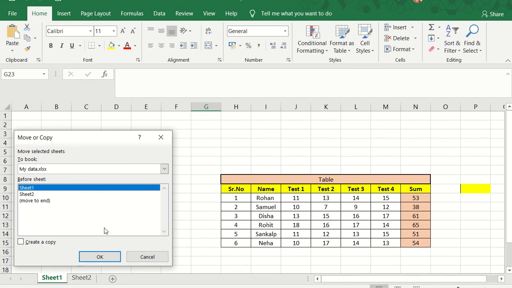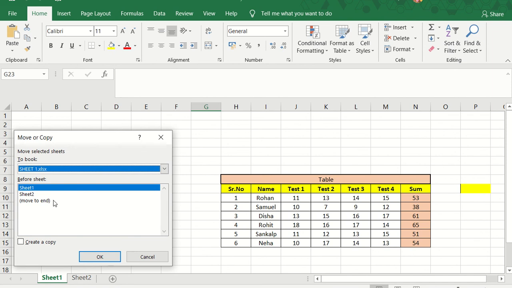Please understand, this operation we have to perform on the sheet which we are planning to move into the other, not on the first sheet. Because if you perform this action on the first sheet, the first sheet would be copied to the second one, not the second into the first. So please ensure you perform this action on the sheet which you intend to move. As I'm saying, this is the sheet that I'm planning to move, and I would like to move it to Sheet 1, the first workbook.